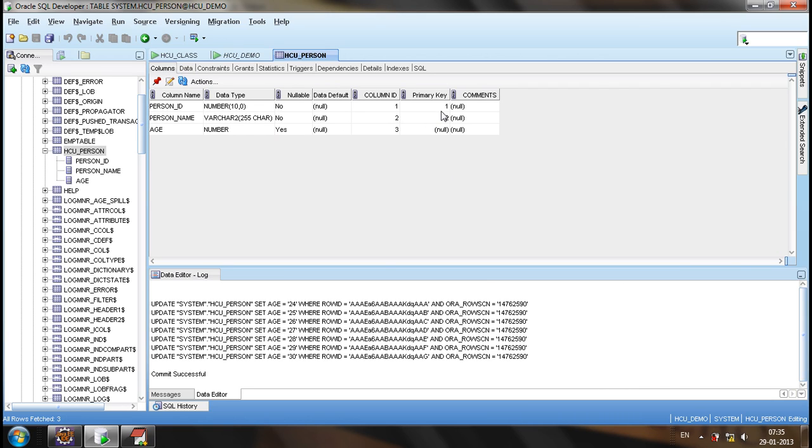The primary key is a composite of person ID and then person name. Okay, it's a composite primary key now. Now, if you see the data,